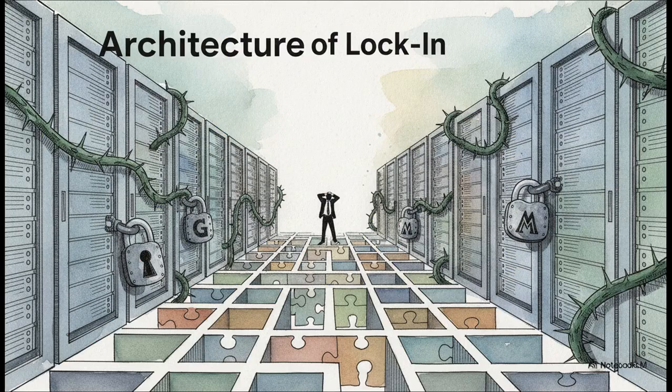But it's not just the weight of the data holding you down. It's the very design of the systems. Lock-in is often a very intentional architecture. Vendors use proprietary APIs and closed systems that basically refuse to play nice with outside software. They use incompatible data formats that require tons of heavy transformation if you ever try to leave. Add in some highly restrictive licensing contracts and vendor-specific security setups, and you've got a recipe for severely limited flexibility. Switching providers becomes an absolute nightmare.